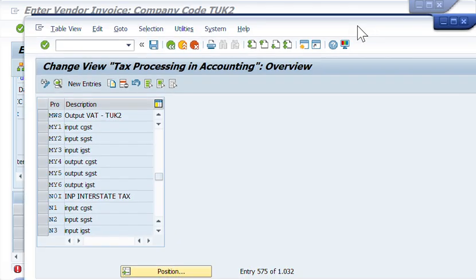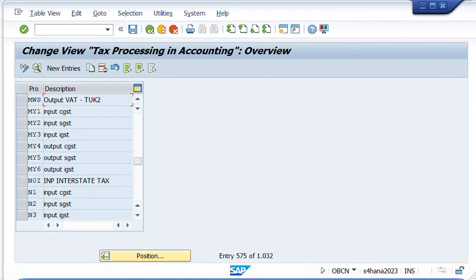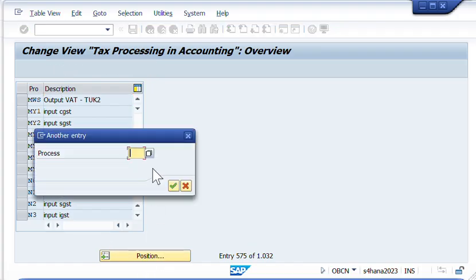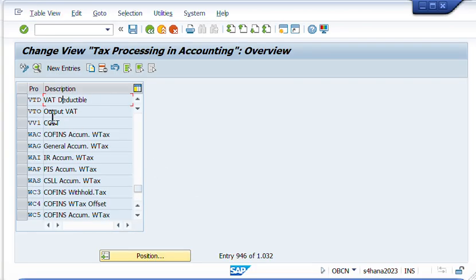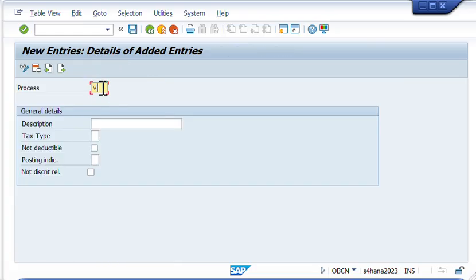So VST, we need VST for our input. Okay, let's try to find it first. I click position, put the process VST, and it's missing. So let's click a new entry and put in VST, and then let's put output and no input VAT. Okay, let's just copy this one and then change it to